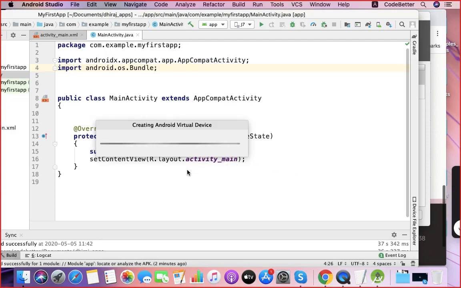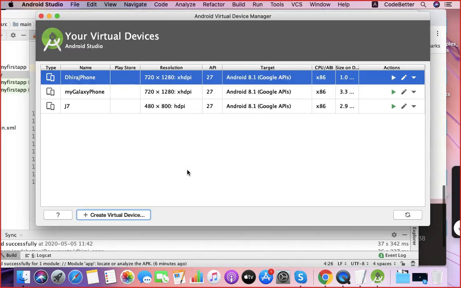Now your virtual device is under process, so your virtual device is created. You need at least 8 GB of RAM on your laptop or desktop to run it smoothly, so that you can simultaneously run your Windows OS and Android OS both.